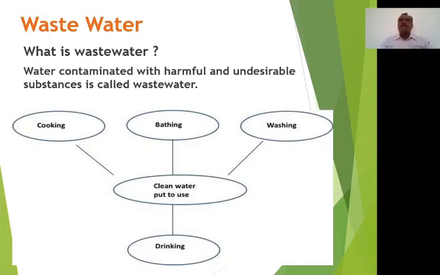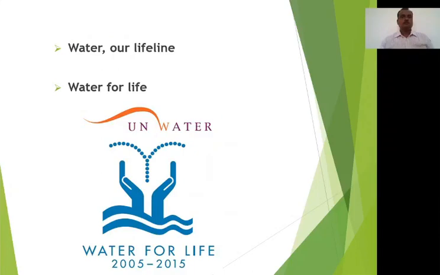Now a question arises in your mind: what is dirty water? That is the wastewater. The answer is like this: water rich in lather mixed with oil, black-brown water that goes down the drains from the sinks, showers, toilets, and laundries is called dirty water or wastewater. We can also say that water contaminated with harmful undesirable substances is wastewater.